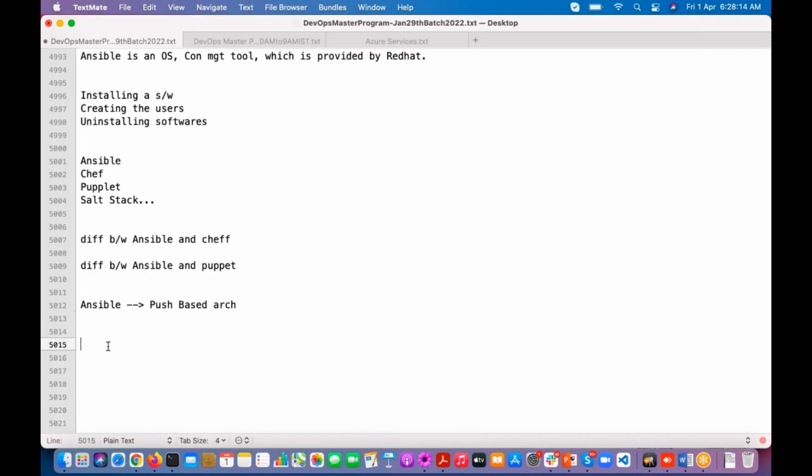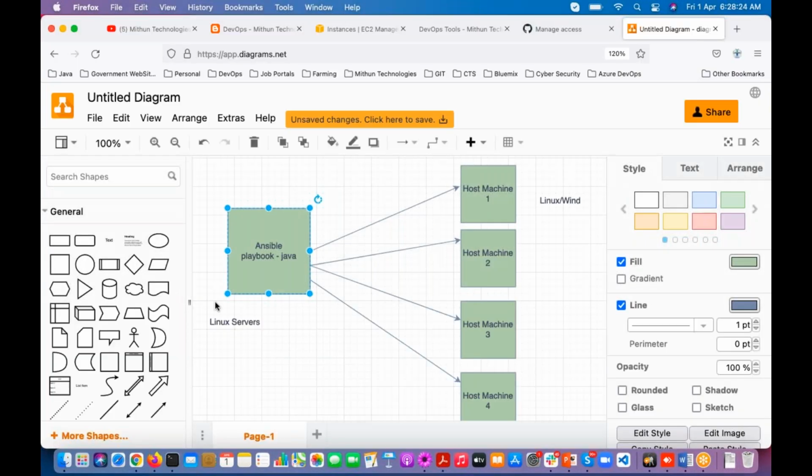But Chef or Puppet are pull-based architectures. Means these agents keep on checking whether any configurations are there in the Chef server or Puppet server. It is going to get those configurations and execute them in these host machines.